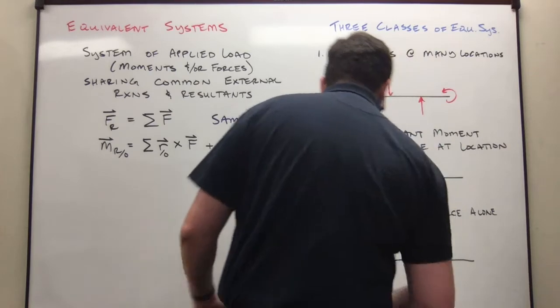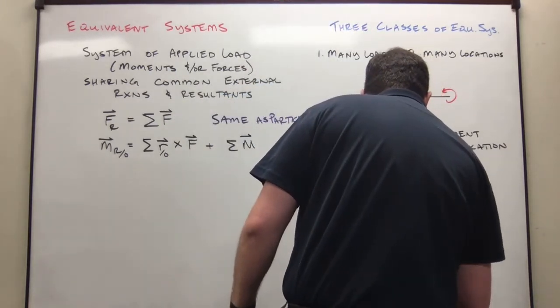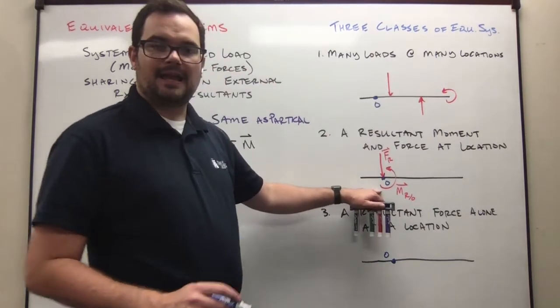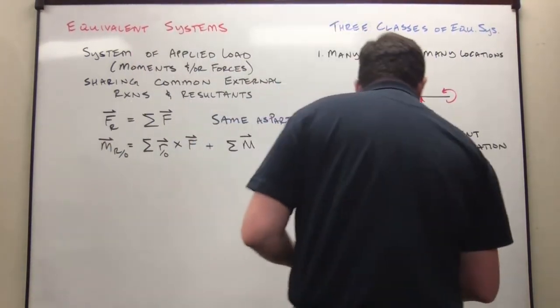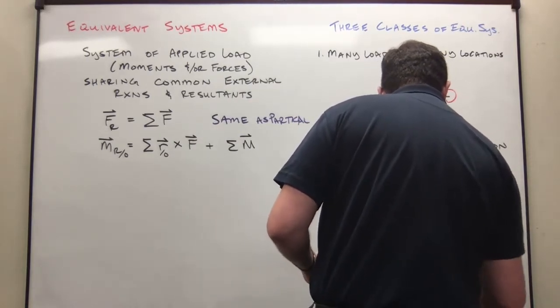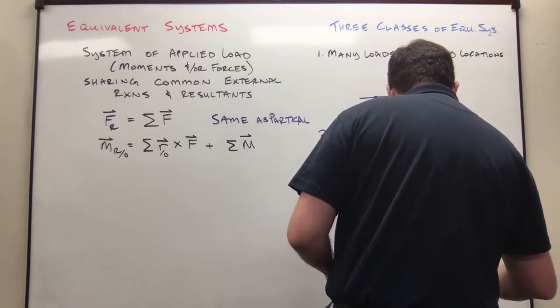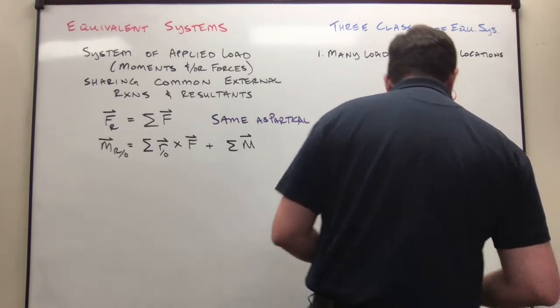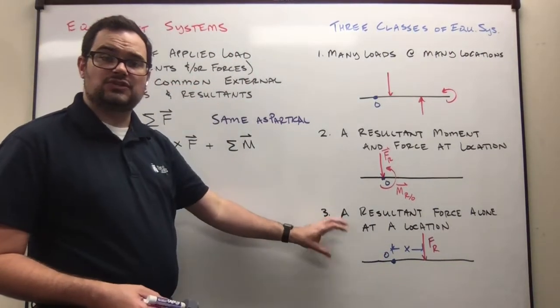I've got my same beam. I've got my reference point. And now what I want is, instead of applying a moment like this, I'm going to have some distance, x, to where my resultant force is applied. I could also have it move up and down, but the idea is that in this case, there's no moment